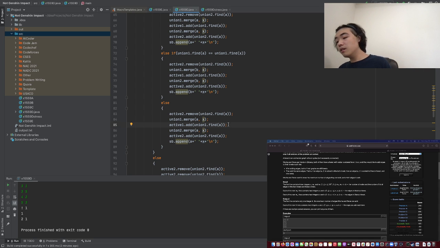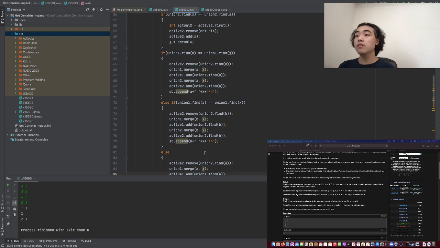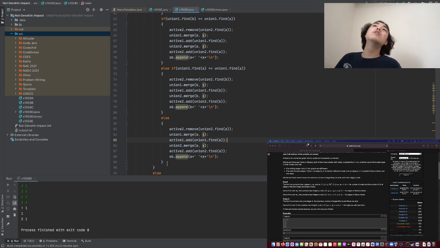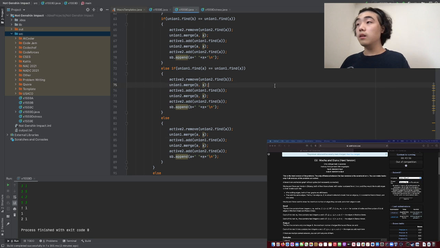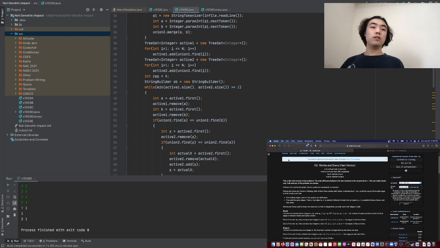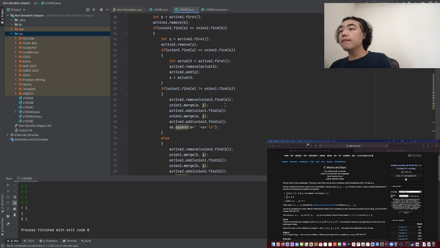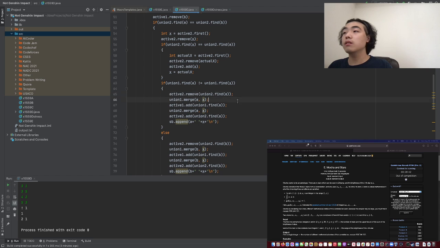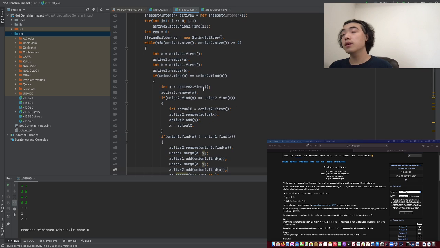Yeah, because the thing is that we need to remove nodes. Like we need to remove the x in this original component. The way we have to handle this is if we do this. So if union.find(a) is not equal to union.find(b), then union1.merge, active1.add, union2.merge. Yeah, pretty much what happens is